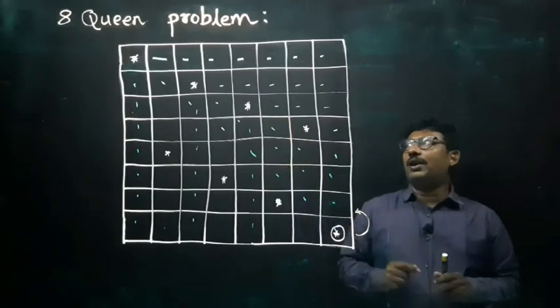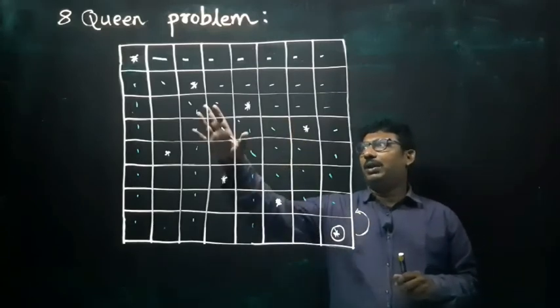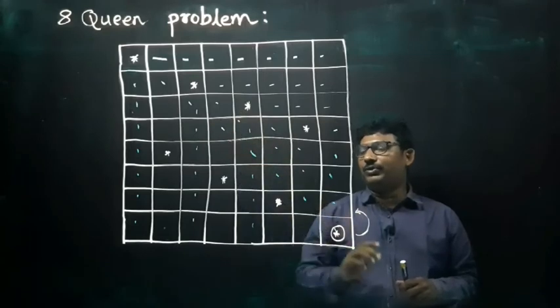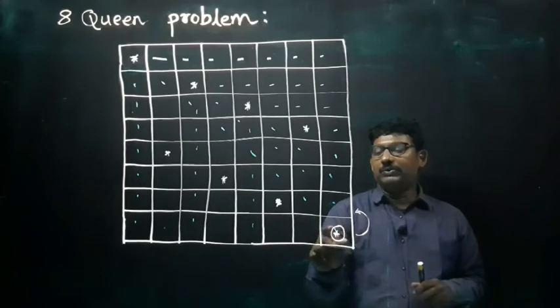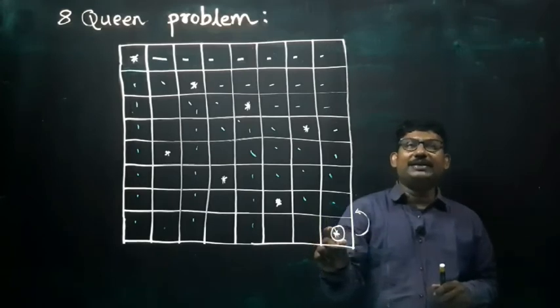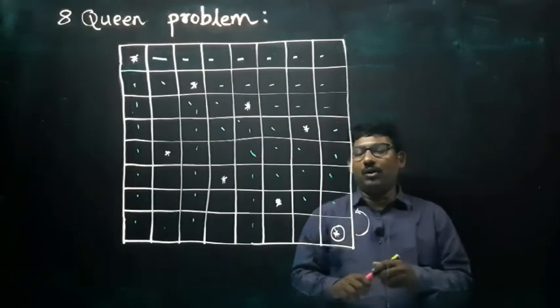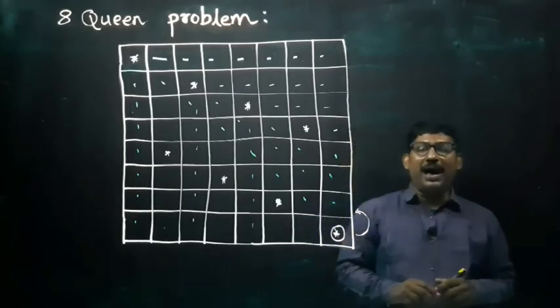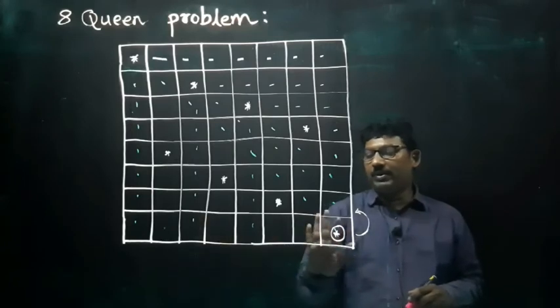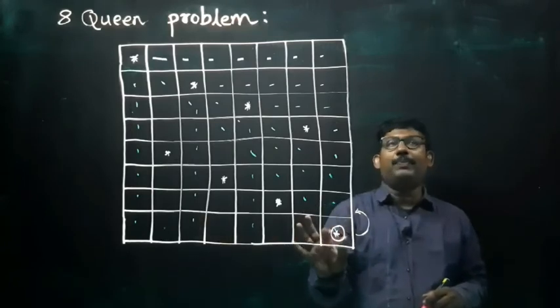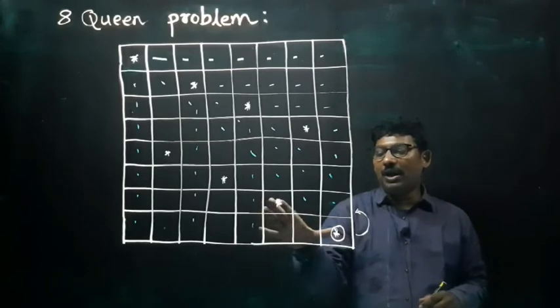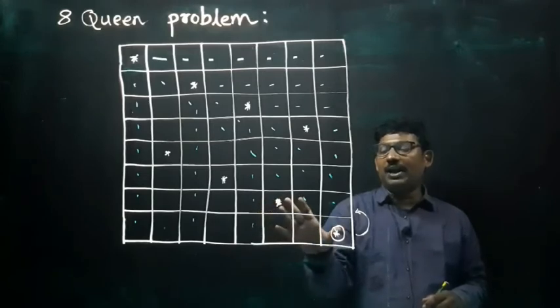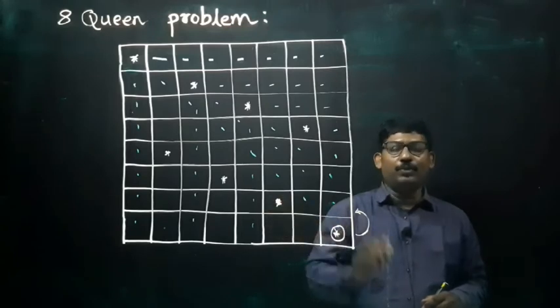As we are discussing the 8 queens problem, we tried to find a solution, but there was an obstacle, there was a wrong step here. This queen we are unable to keep in a safe position. So now we are going to use the method known as backtracking. That means for this column, this queen we are unable to keep in a safe position. So we are going to go back and check this one. So this position is wrong. That's why we are unable to keep this queen in a safe position.